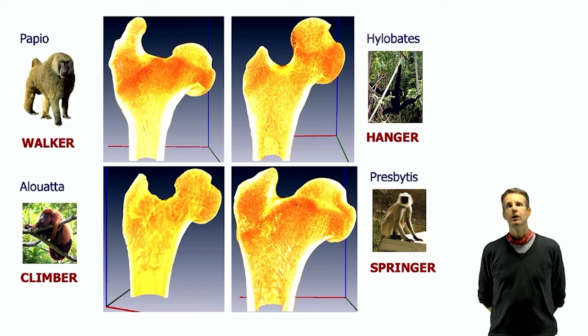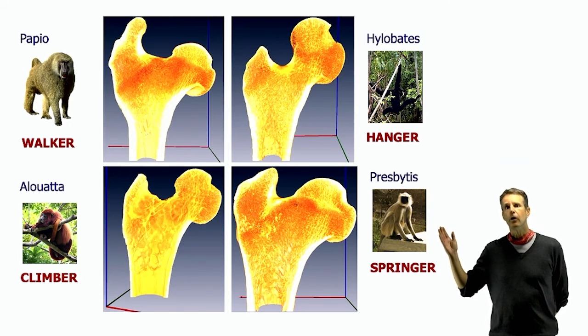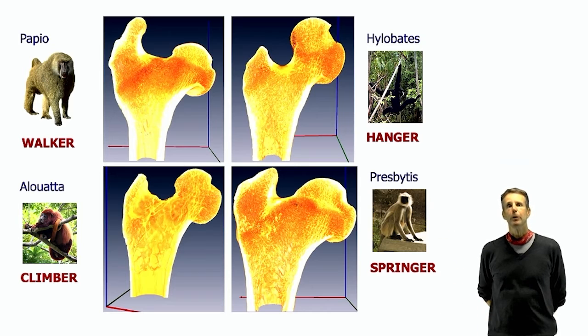bone. Looking at the upper femur of different primates, one can observe that not only the overall shape, but also the inner foam-like architecture is different. Bone structure is not only shaped by evolution, but also by how the animals load their bones, that is, by their